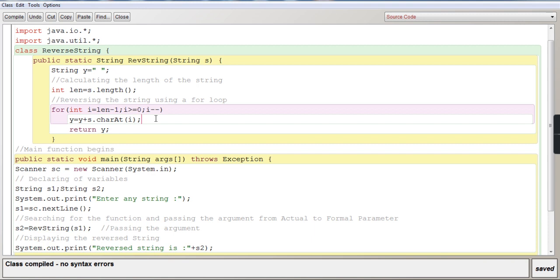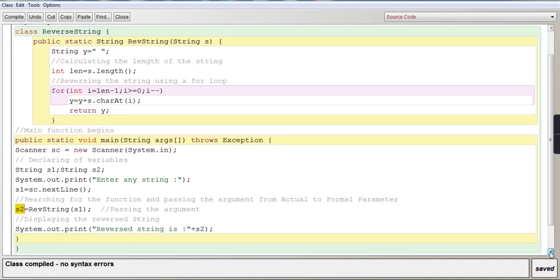Once it is in reverse and the loop has completed its iteration, it will return the value of y. Returning means it returns to s2, because s2 is equal to refString. It returns the value from y to s2, so s2 will have the reversed string.